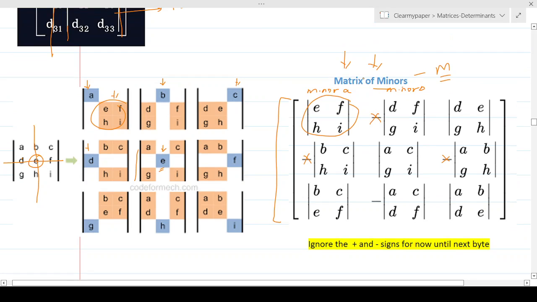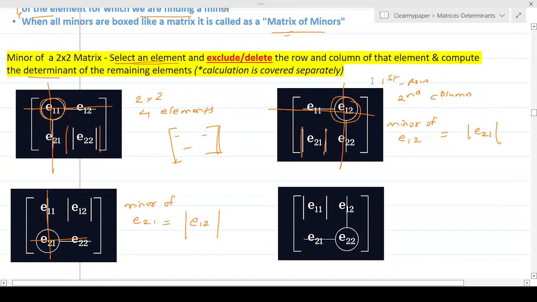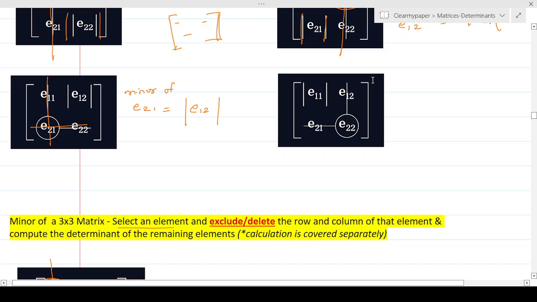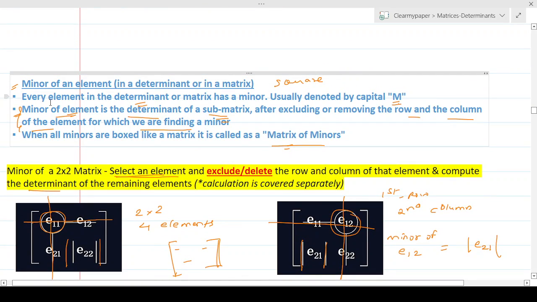Hopefully it was clear and not confusing. And if it's confusing, just rewatch it and it will be clear, because this is very important and I'll keep on repeating it in the next few episodes. I'll see you in the next term. In this episode, we covered something called the minor of an element. In the next episode, we'll pick up another jargon and unleash that.